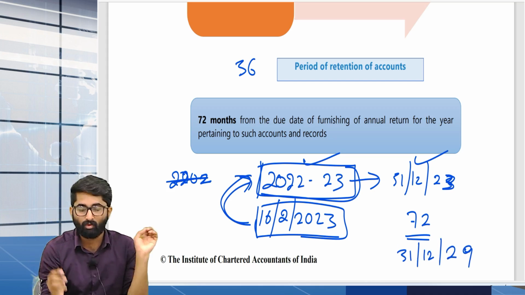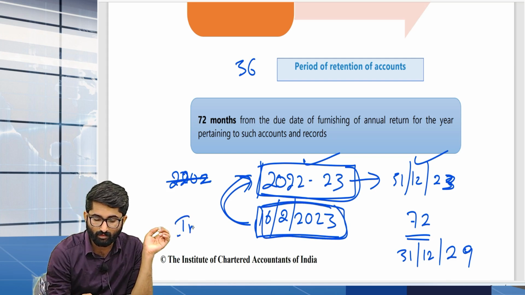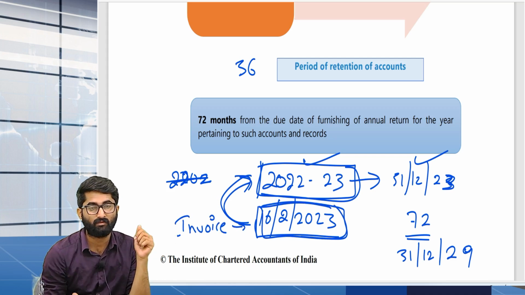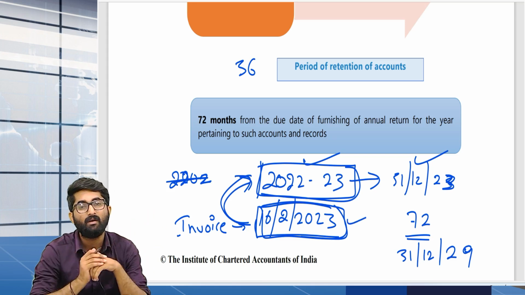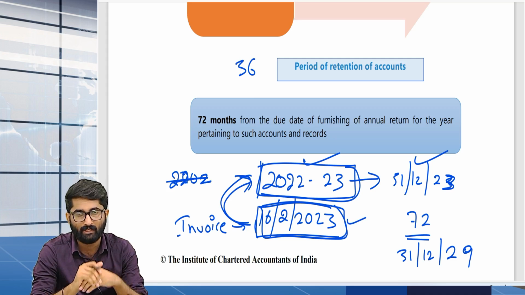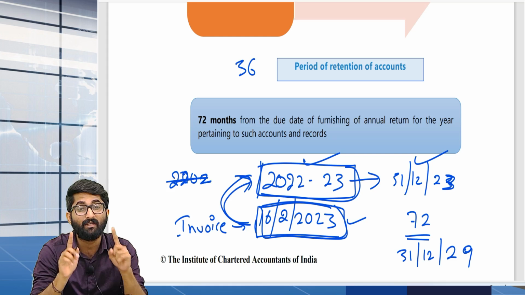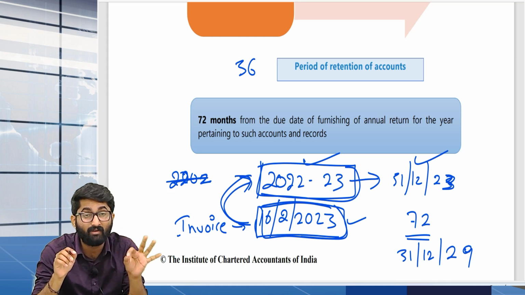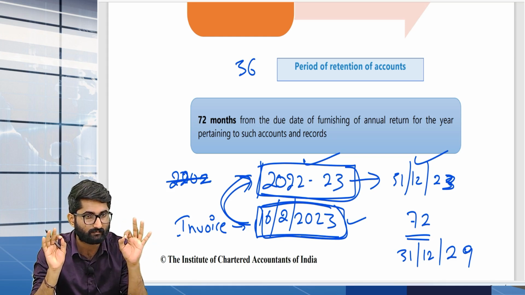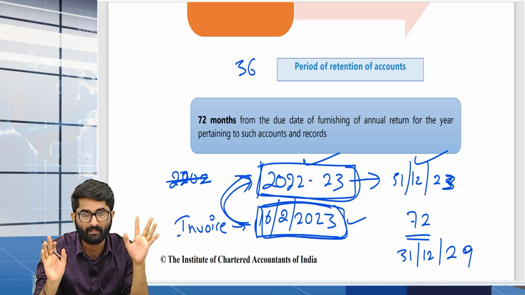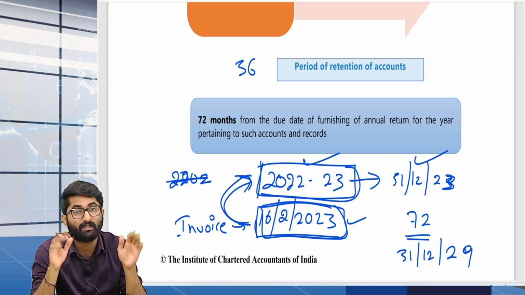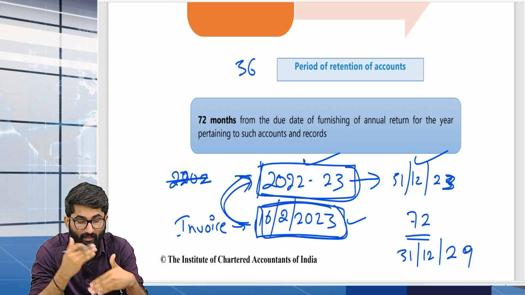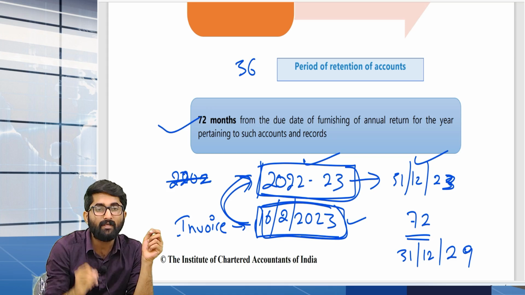What if there was some dispute on this invoice, some revision, some appeal or something? Then you have to maintain it for 1 year from the final disposal of this appeal. So if there is any appeal, you have to wait for final disposal. After final disposal, 1 year. 1 year from the date of final disposal,